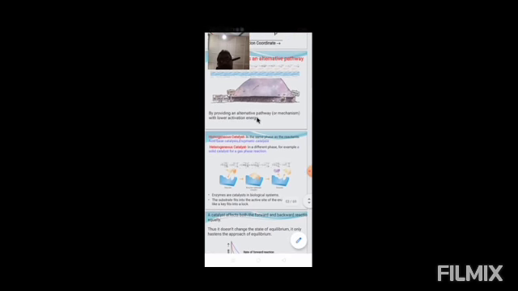So we have homogeneous catalysts and heterogeneous catalysts. If the catalyst is in the same phase as the reactant and product, then it is called a homogeneous catalyst. All the enzyme catalysts are homogeneous catalysts, and the catalysts used in acid-base reactions are also homogeneous catalysts. If the catalyst has a different phase from the reactant and product, then it is called a heterogeneous catalyst. In ammonia preparation, we use iron as a catalyst, and that is a heterogeneous catalyst, where nitrogen and hydrogen, the reactants, are in the gaseous phase and iron is in the solid phase.